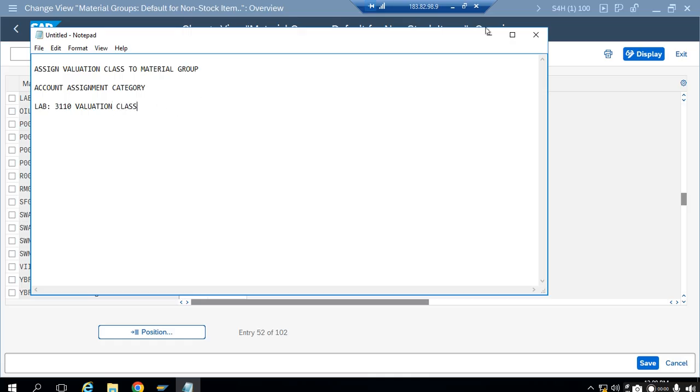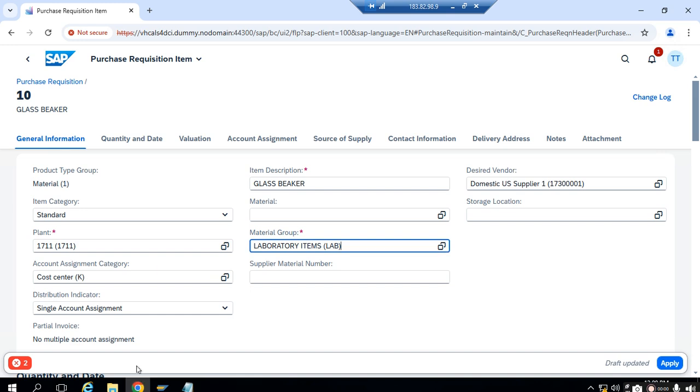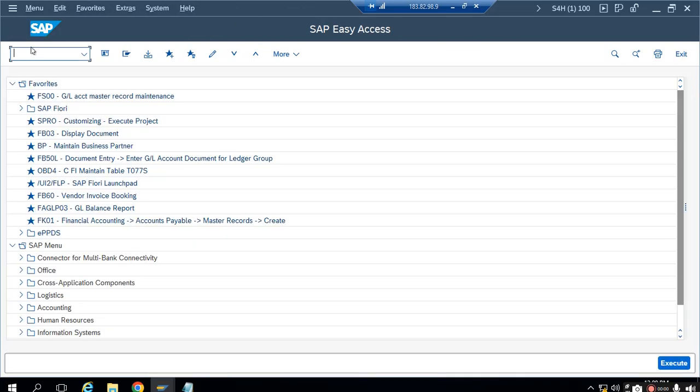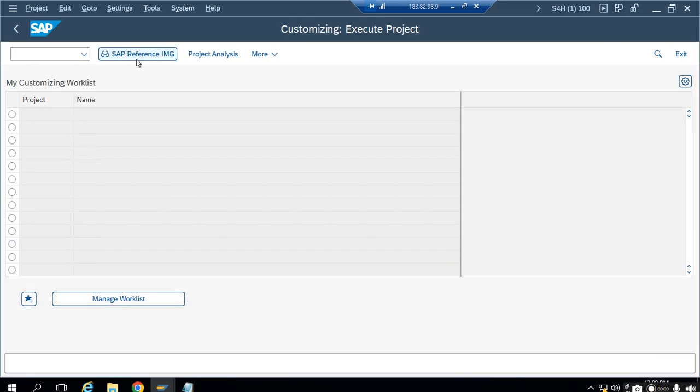Now the next thing we'll check is which account assignment category we have selected in our purchase requisition: cost center, K. So now we'll go to the account assignment categories configuration setting. For this, we'll again go to SPRO, IMG,